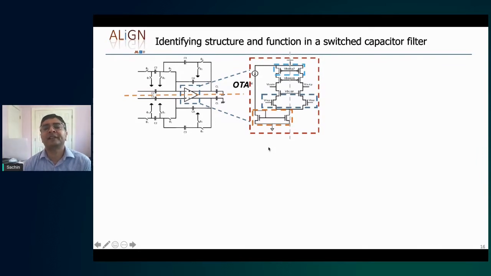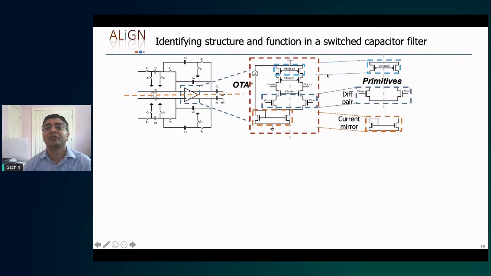Then we can go to a next level of hierarchy. We can say, well, these actually have various types of building blocks. For example, this is a differential pair, this is a current mirror, this is a load. And so we can come up with these. And when we come down to the smallest level, then we have just a few transistors in each of these. Now, in FinFET technologies, this may actually be multiple fins or multiple parallel transistors, etc. But the basic idea is in the schematic, they're really just a small number of transistors.